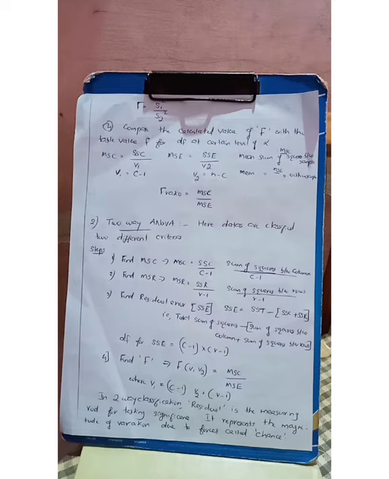The next step is to find MSR. MSR stands for mean sum of squares between rows. How will you arrive at MSR? MSR is equal to SSR divided by the degrees of freedom. Here the degrees of freedom will be R minus 1, which is the number of rows minus 1.